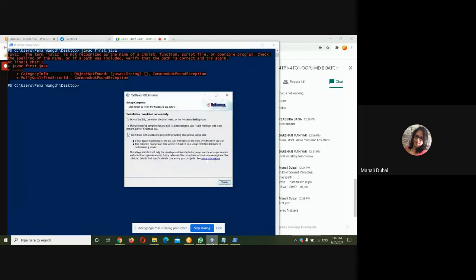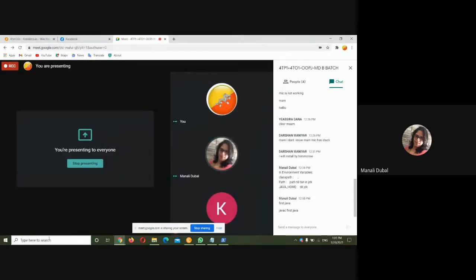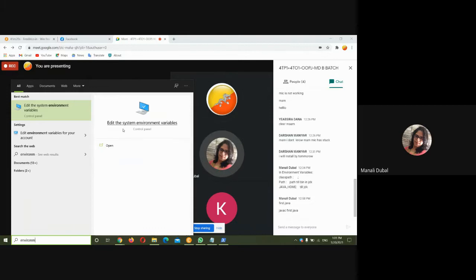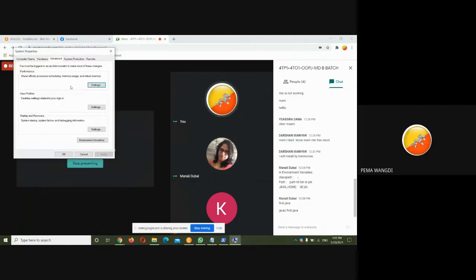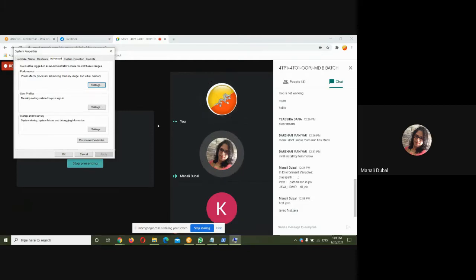You will get the recording today itself. Okay, you can click on finish. For setting the path, you will get the recording, Pima. I have another lecture coming up. You see the recording and go to the environment variables and set the path. Just check the recording and then set the path. Any questions regarding setting the path? I'll be solving it in the next class, or you can even email it to me. You have my email. You have my Telegram.